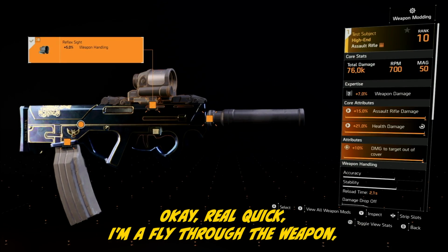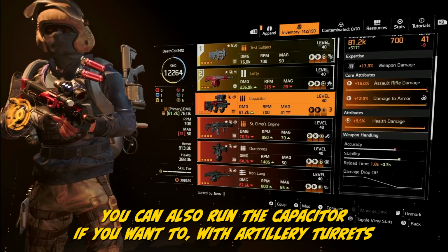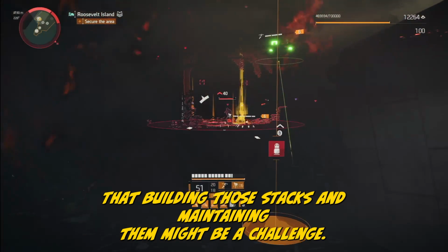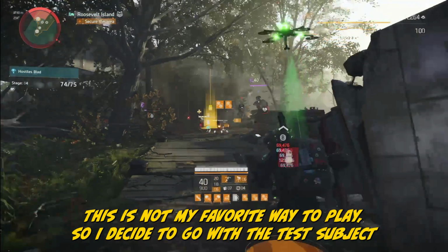Okay, real quick, I'm going to fly through the weapon. So I'm running the test subject. You can also run the capacitor if you want to, but with artillery turrets, you're spending so much more time shooting the artillery than you are your weapon that building those stacks and maintaining them might be a challenge. It's just not my favorite way to play, so I decided to go with the test subject because it only